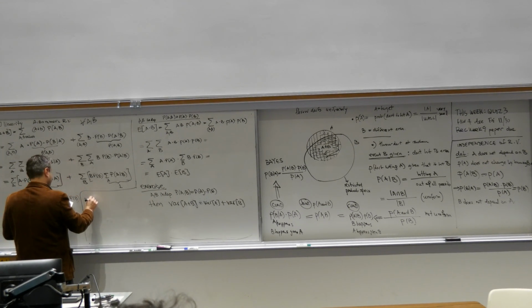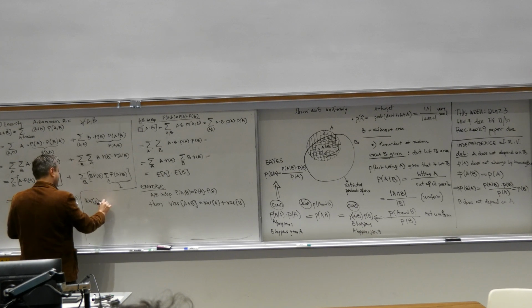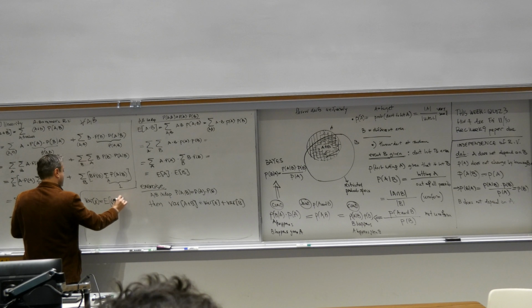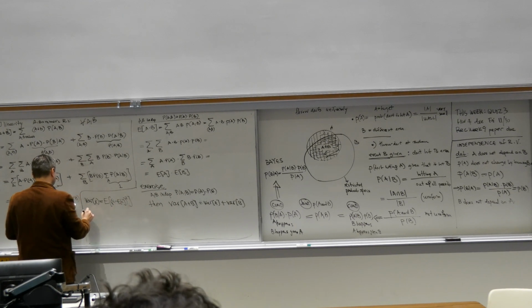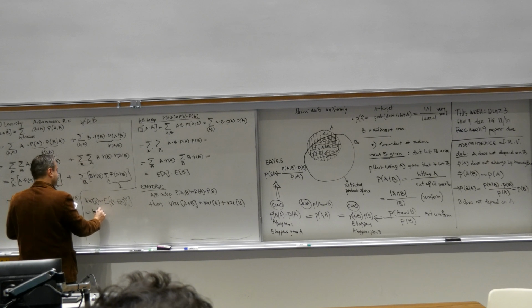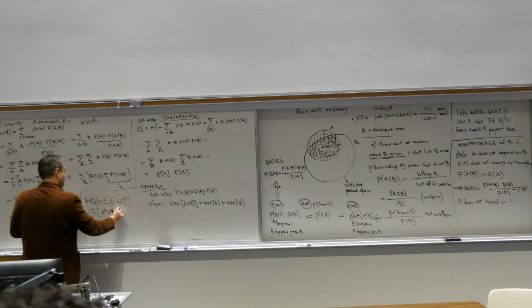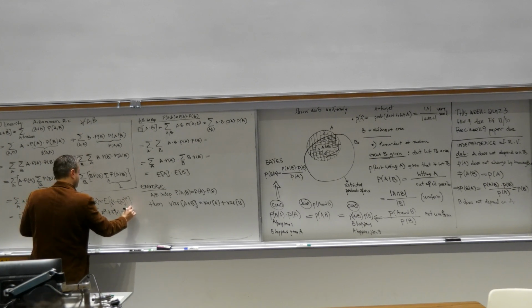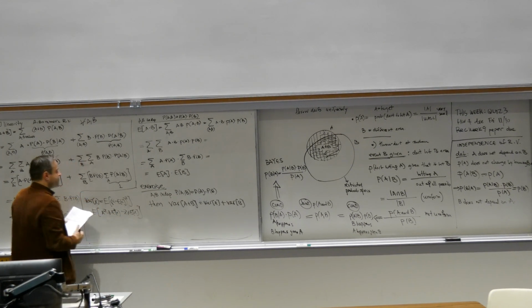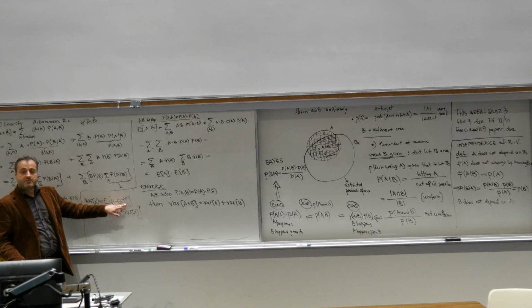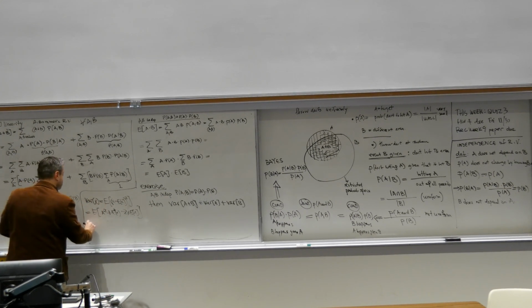Variance of x, the formula was E of (x minus E of x) squared, which I can write as E of x squared plus (E of x) squared minus 2x E of x. Right? I just expanded this (a minus b) squared. That's what I did here. Now expectation distributes over